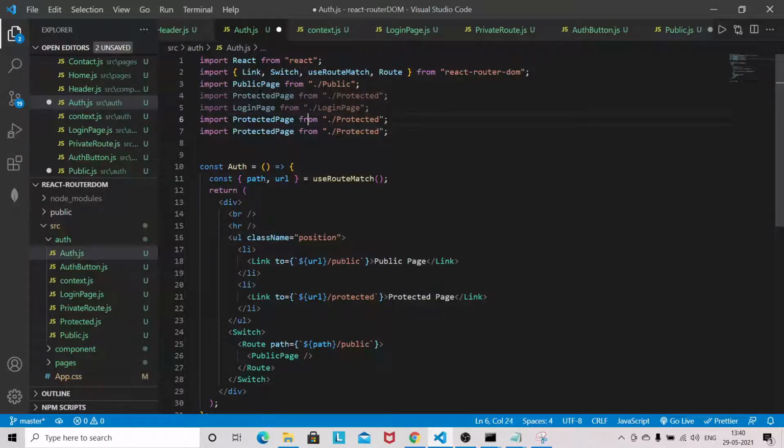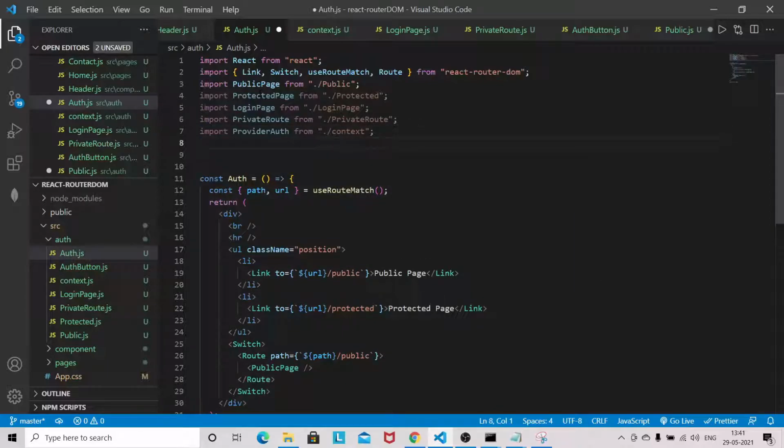We need private route. We need provider auth here, the provider auth from the context, and we need auth button.